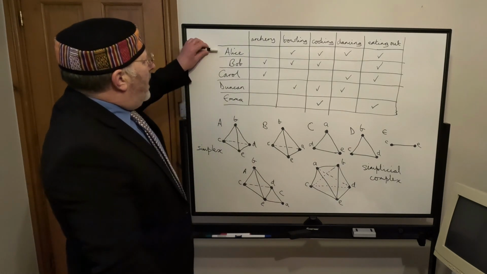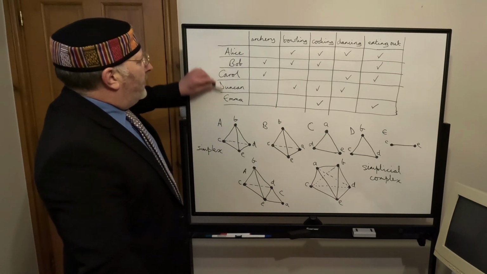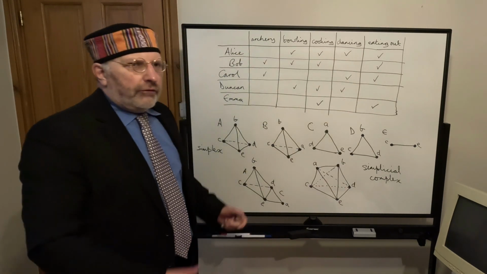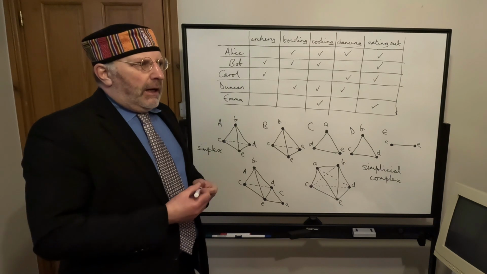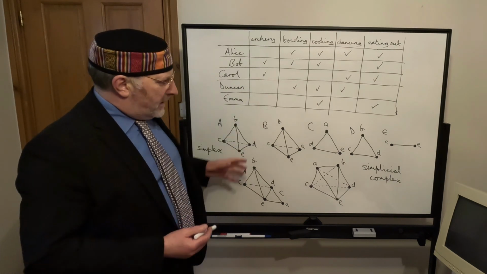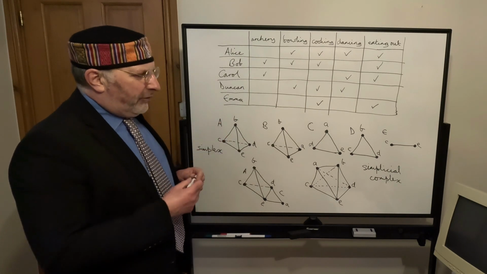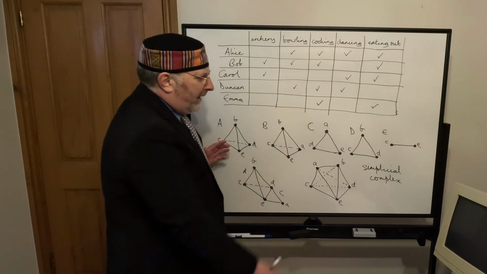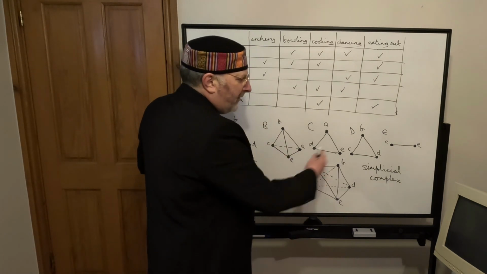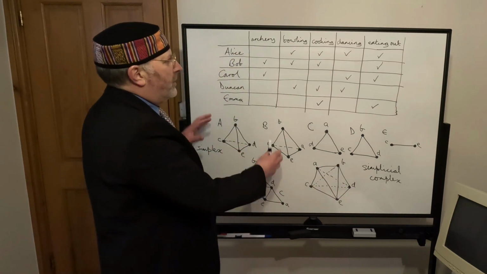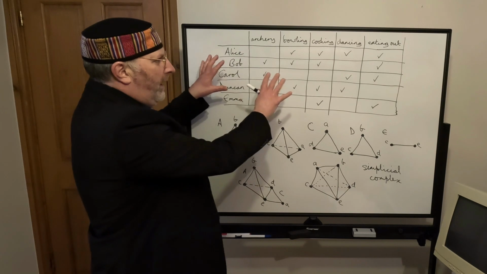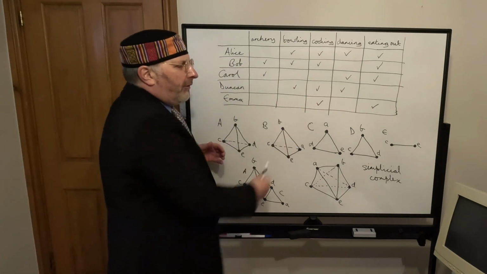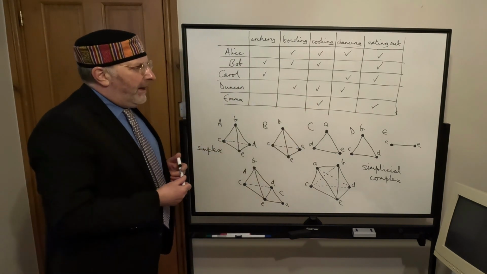Or it could be countries involved in the First World War down here, and then the issues that were at stake in the war. So we could study the structural properties of that situation using this idea, seeing it as a simplicial complex. And of course, in reality, we wouldn't be drawing out these pictures. This is just to give us some intuition as to what this all means geometrically. But with lots and lots of players and lots of issues, it would be far too complicated for us to analyse.